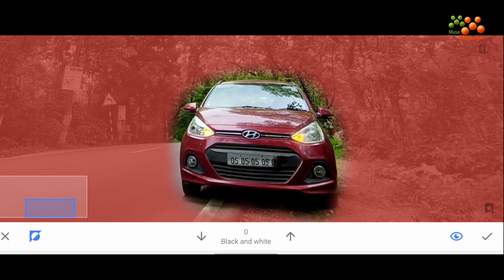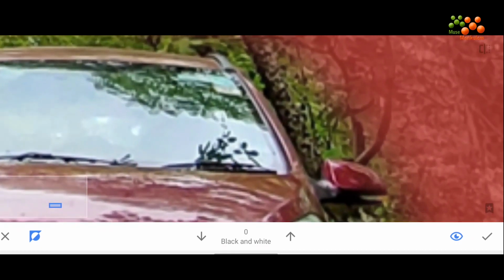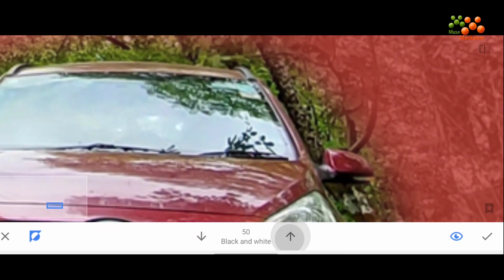Yeah, so this is a rough removal. We need to do it with perfection. So you need to zoom the picture to the maximum and you need to add the black and white 100 and do the edges. So I am doing the edges now.